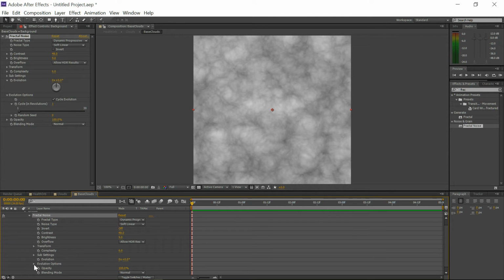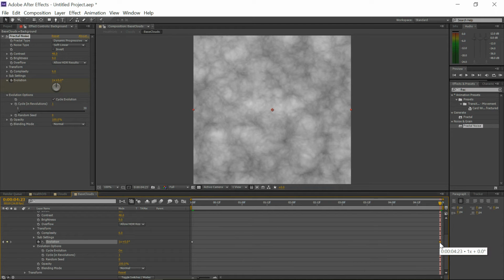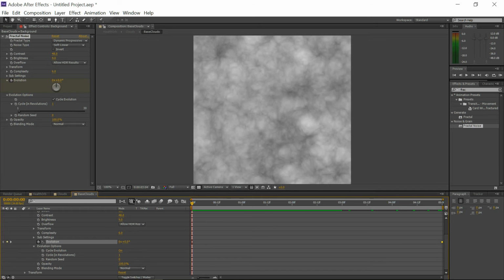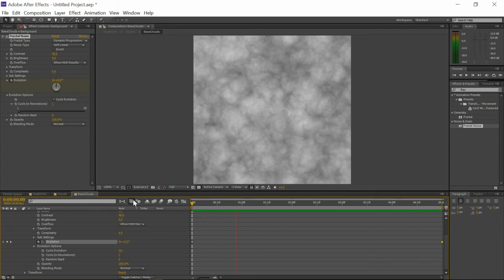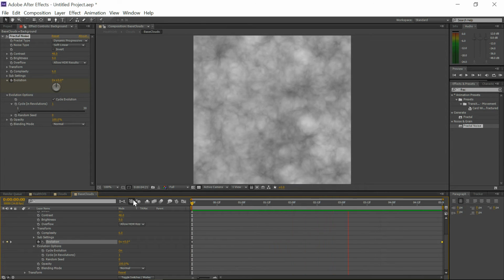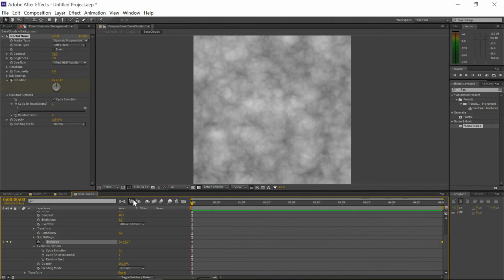So if we come down, we've got evolution options. The cycle evolution is on. We click here, set a keyframe, and come all the way across here. We can put that to 1 times, and you see nothing changes because it's just gone and looped the evolution around 1 time. If we drag that to 1 frame past the end of our timeline there, you can see that if we then pre-render all that out, that is going to loop indefinitely, which makes quite a nice, cool